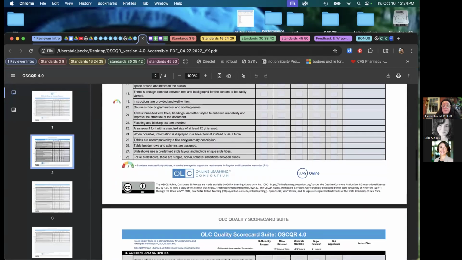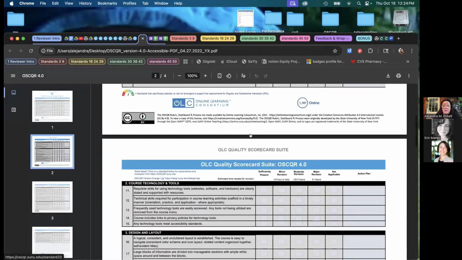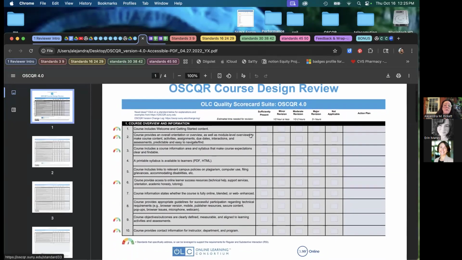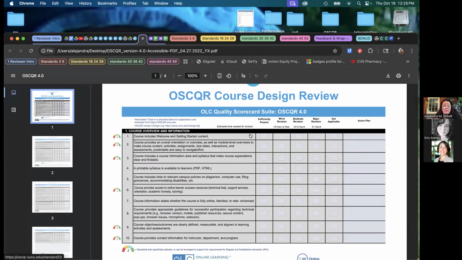It's a fillable PDF. And so if you're doing one course, reviewing one course or a couple of courses, you might use the rubric. If you're doing your own course, you might use the PDF version of the rubric for this. And, you just fill it out based on, if you look at your course and see, does it include a welcome and getting started content? And if it's sufficiently present, you just